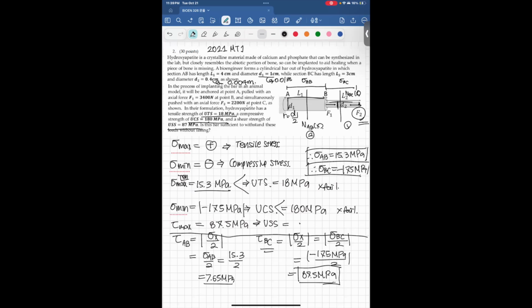So far the shear is 87 megapascal, and unfortunately, our object's shear stress is bigger than how much it can hold. Therefore, it's going to fail due to shear stress. So I hope this makes sense, and I hope